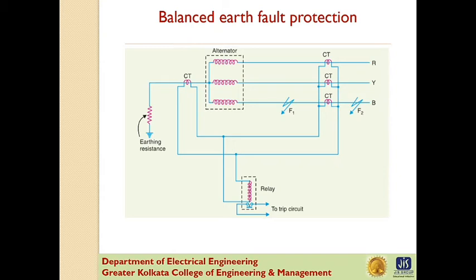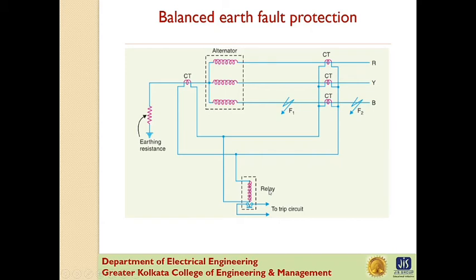Now under normal operating condition, the current flows in the alternator leads and hence the current flowing in the secondaries of the line current transformers is 0 and no current flows through the relay. Also under this condition, the current in the neutral wire is 0 and the secondary of the neutral current transformer supplies no current to the relay. Now if an arc fault develops at F2, external to the protected zone, the sum of the currents at the terminals of the alternator is exactly equal to the current in the neutral connection and hence no current flows through the relay.